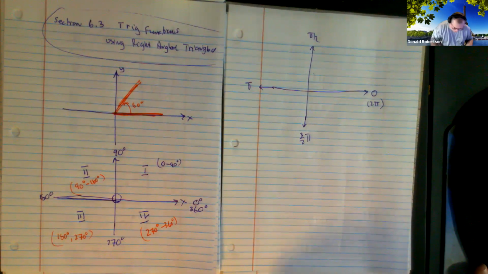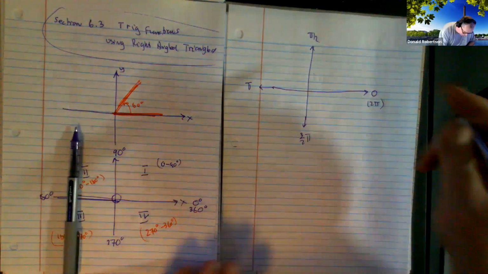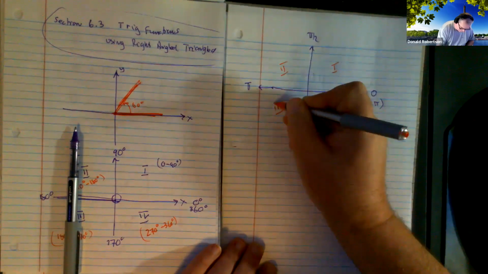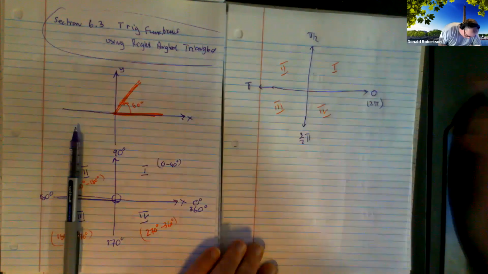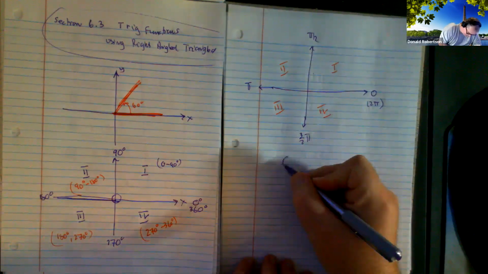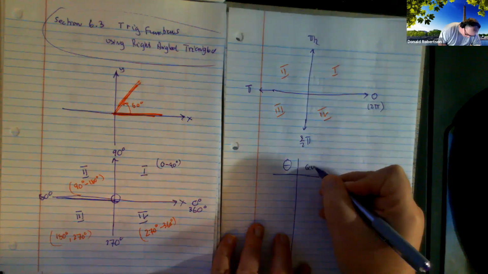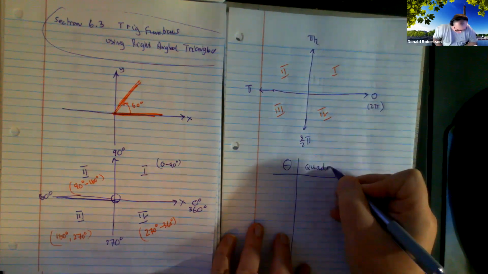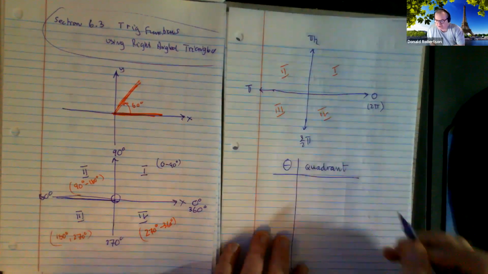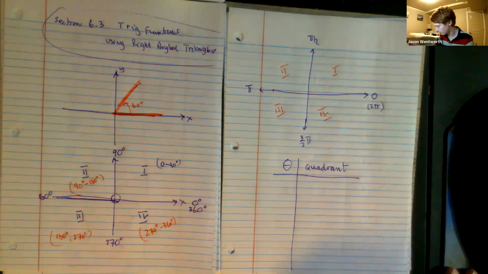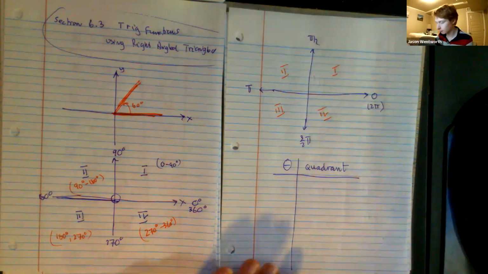Right. So first quadrant, second quadrant, third quadrant, fourth quadrant. And we're going to have an angle, and we're going to have a quadrant. I think degrees are much easier to do because aren't you dealing with 30 degrees, 40 degrees? You're dealing with numbers you can do in your head. It gets a little bit messier when you get awkward things. But let's start off with